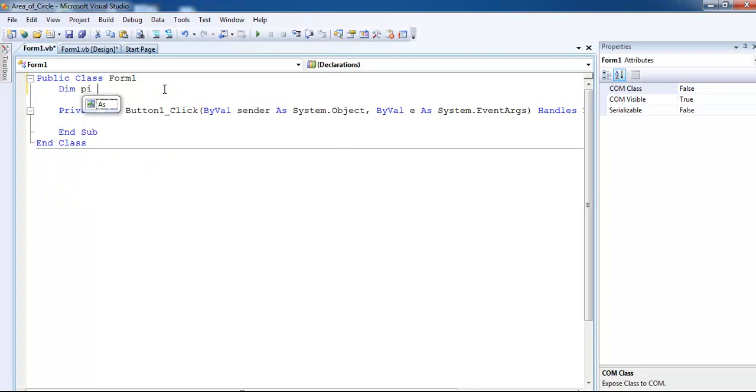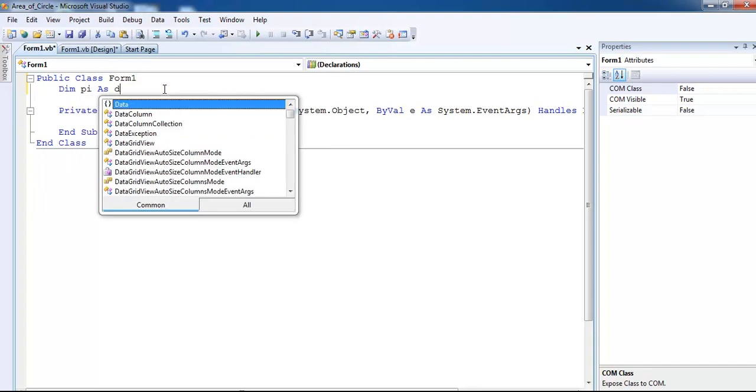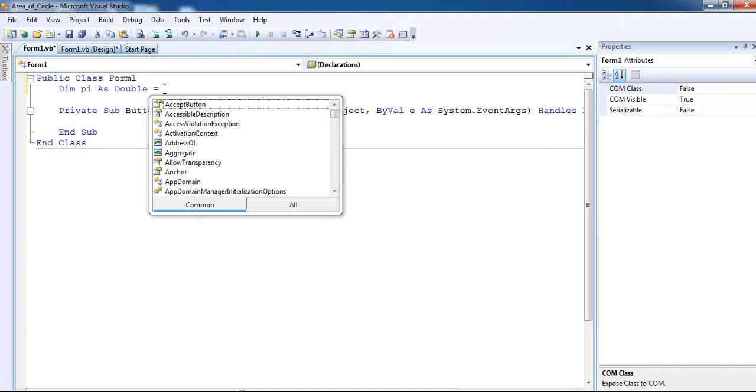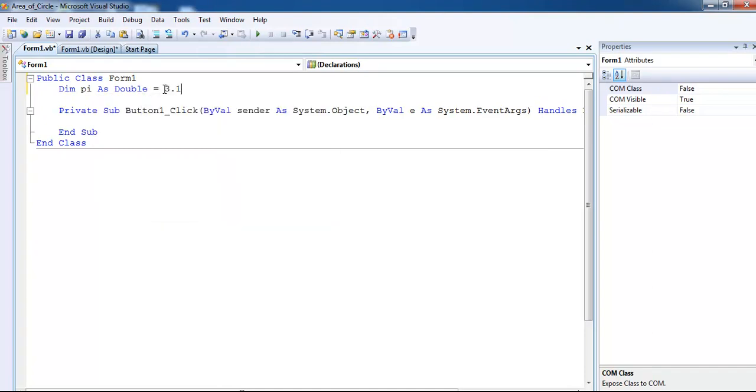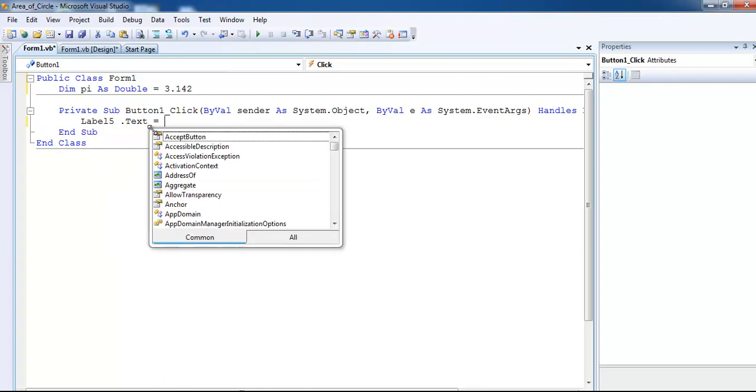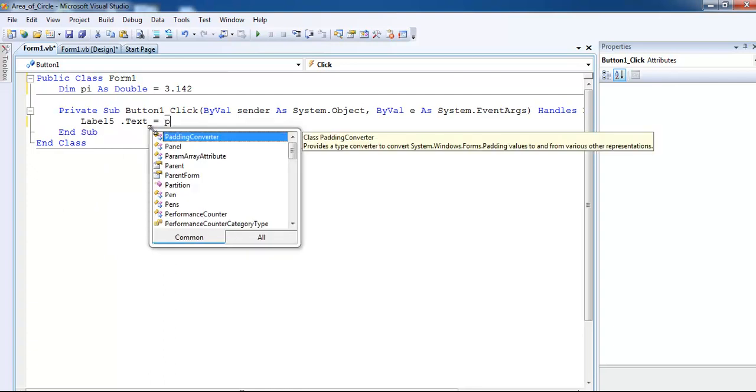Let's call it pi as double equals 3.142 there. Then write in here my label, which is label 5 dot text equals, we would say pi